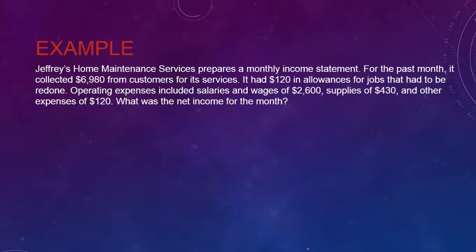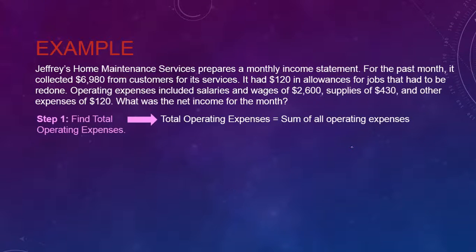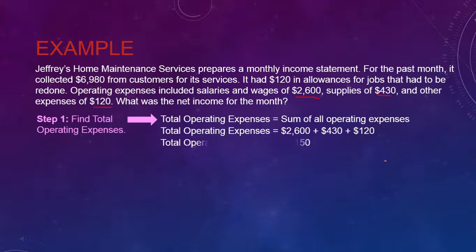Alright, here's another example. This time, I do not give you a chart, but we're basically doing the exact same thing as before. First, you can find the total operating expenses, or you can do what we did earlier and find the gross profit first. It's really up to you. I decided to do this one first. So we're going to add up all the different expenses together, which is the salary, the supplies, and other expenses. So we add those three numbers together, we get